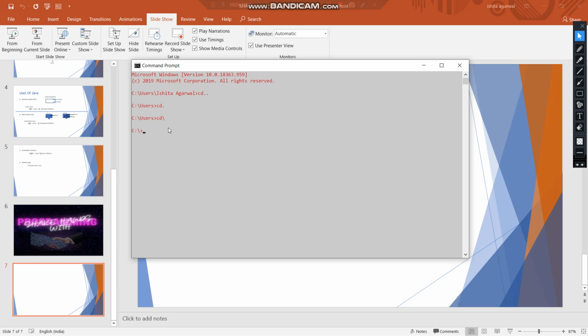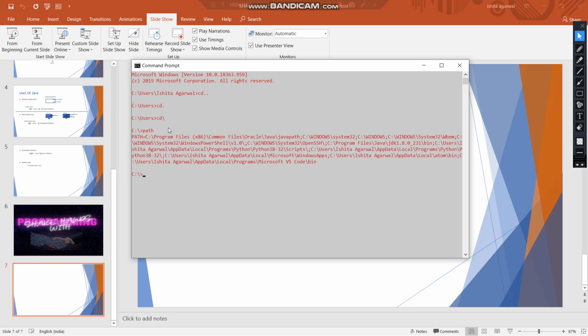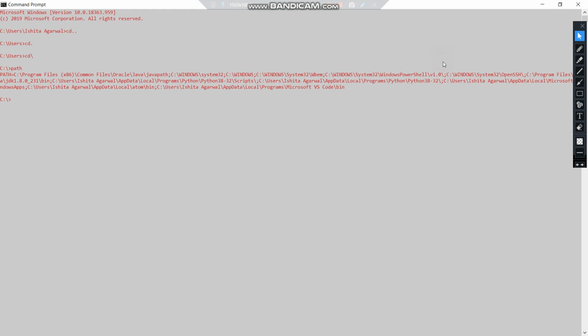Okay, so we are here. Now we can type here path and enter. As you can see, this path is shown over here. If your path is not set correctly, you will get an error or something, not like my output here. I'll maximize this so you can see this whole.